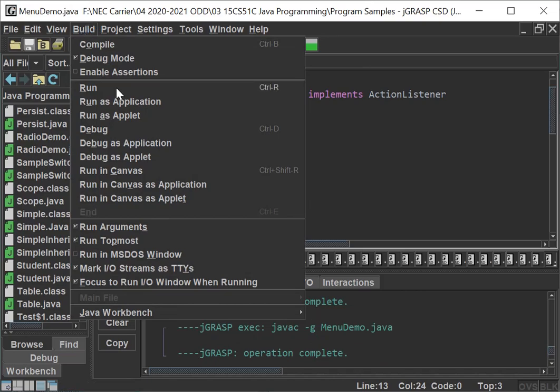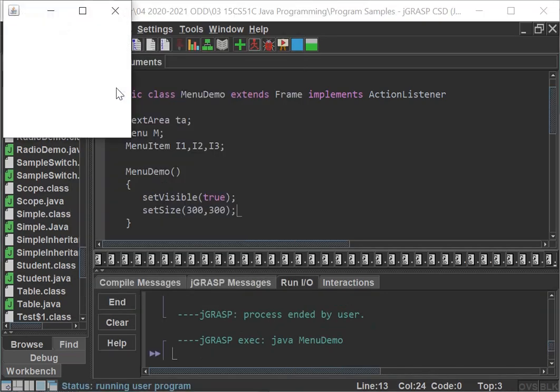And then I will execute it. So you could able to view this, right? So an empty container will be there in a frame. The size of the window is 300 by 300. So an empty window has been created. This is a frame window, in which window you are going to bring the components.